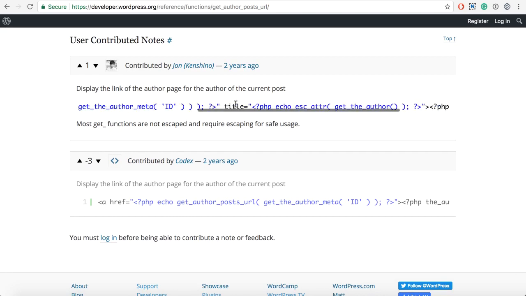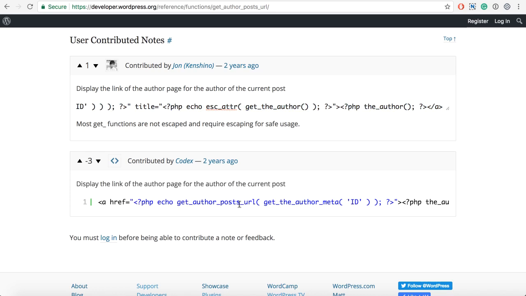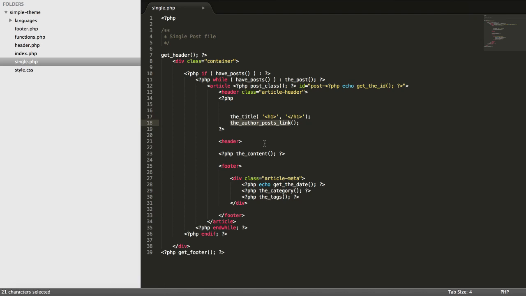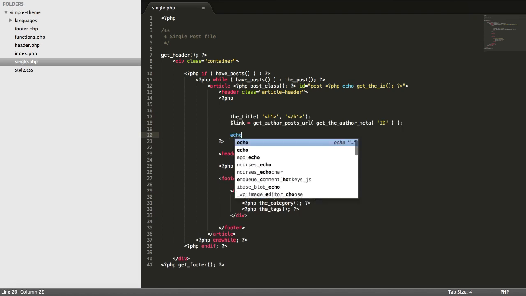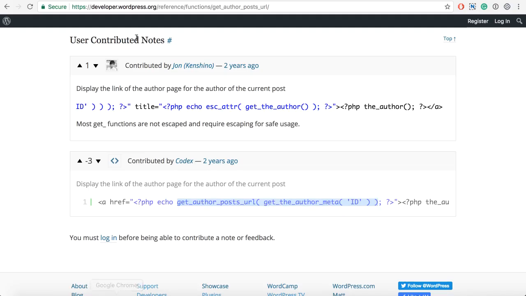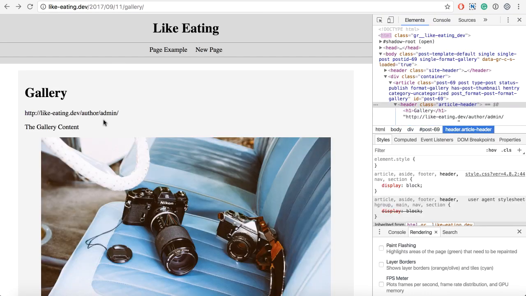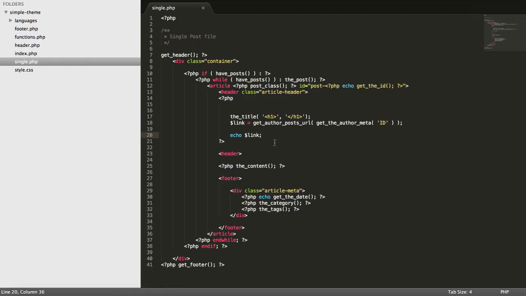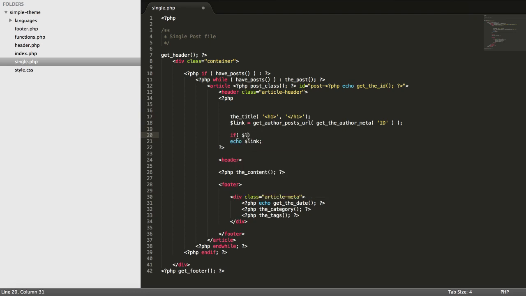So we can always say something like, let's get, so let's copy this one and go here and we'll get link. Okay, and then we can echo that link back so we can just see what's going on. Okay, we have it, and then we say if link